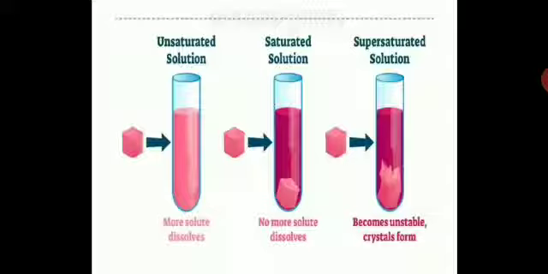Now supersaturated becomes unstable and crystals form, because you have increased the temperature and tried to dissolve more solute. After the saturation point, it will dissolve only if you increase the temperature. But as you stop providing heat and it cools, the temperature becomes lower and the crystals will form. Supersaturated solution is unstable.